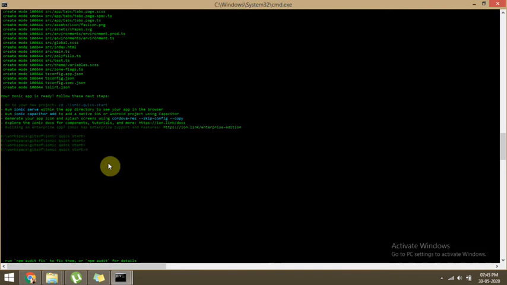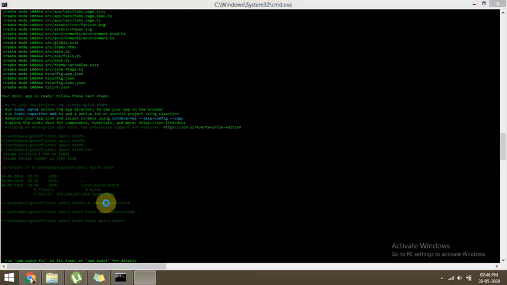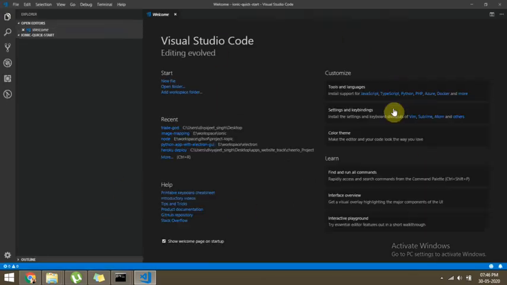Check the dir directory. Here the Ionic quick start is present. We can simply cd into it, and open it in your code editor, such as VS Code. I am opening it with VS Code: simply type code space dot, and it will open VS Code.